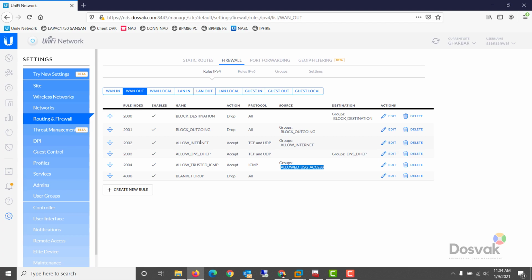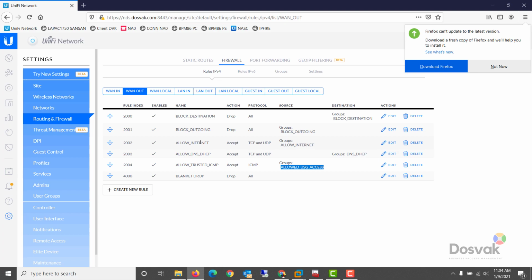So zero trust security goes on the principle that you don't allow anything, and then you selectively choose what particular device or what particular computer can go out and connect to the internet.